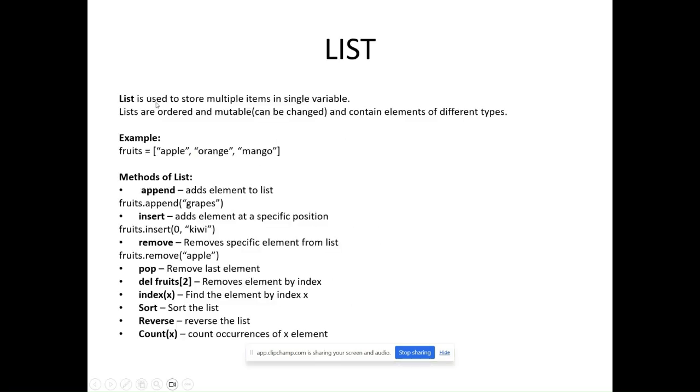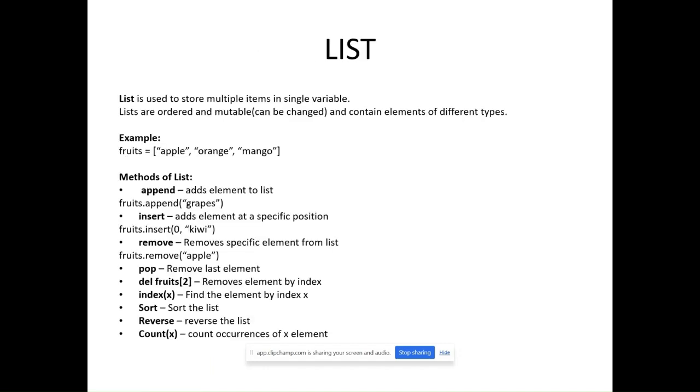So list is used to store multiple values in a single variable. Okay. So lists are ordered and mutable. Mutable means you can change list values. And they contain elements of different data types. As I mentioned, list allows any data type. If you see this example,